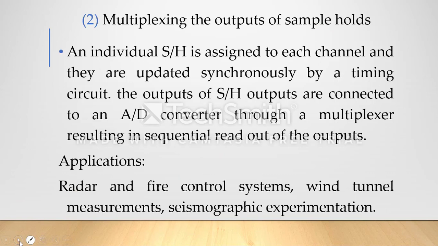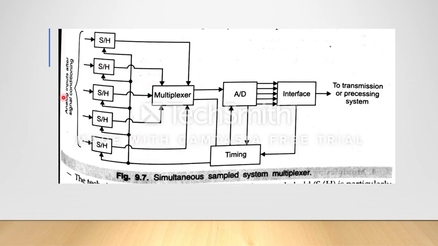So now the sample and hold, not from the analog, we will be getting the signal, this signal conditioning, then we directly give it to the multiplexer in the previous case. In this case what we are doing is, first we are using the sample and hold. From this sample and hold they are given to the multiplexer, and one output is taken from the multiplexer.